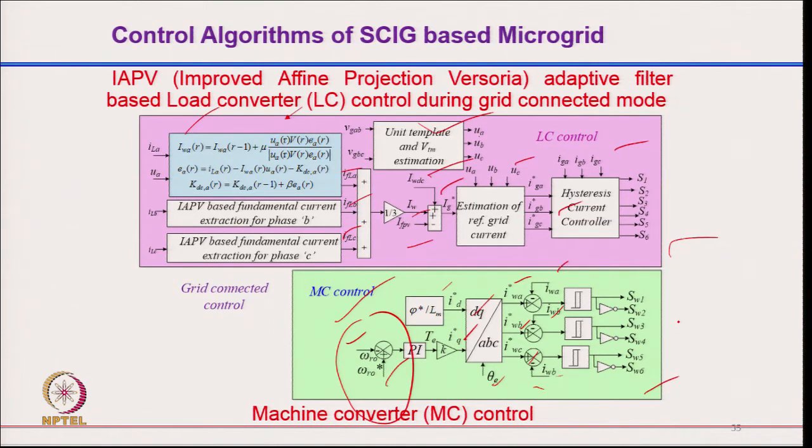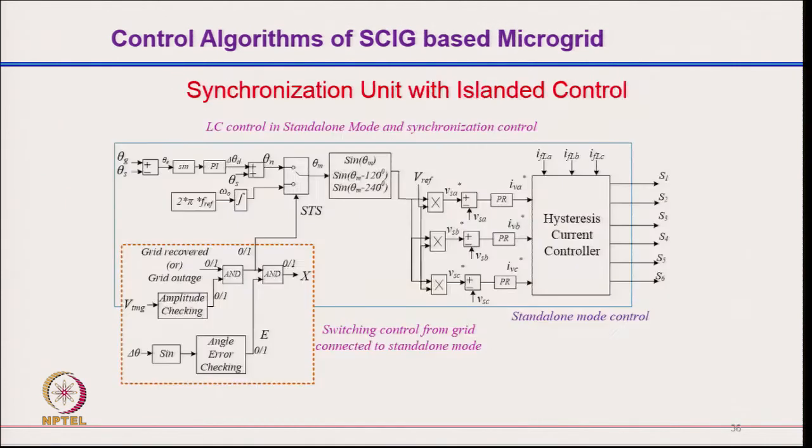So, machine currents are close to sinusoidal, and the grid current is also controlled close to sinusoidal. So, power quality is improved on both sides. And this is typically what you can call the